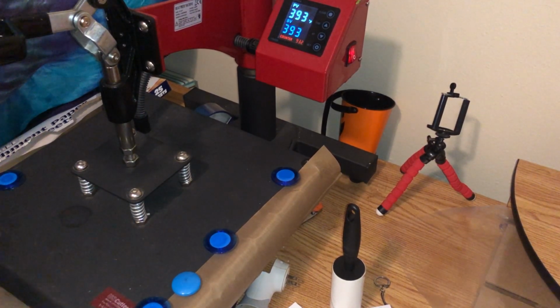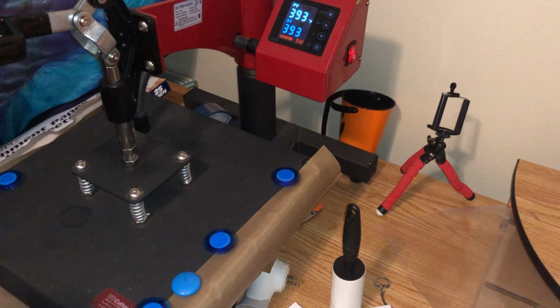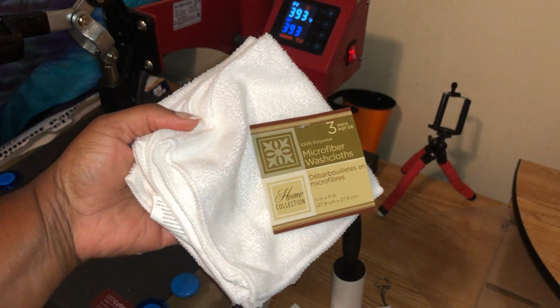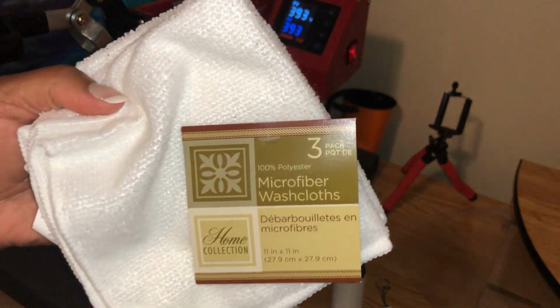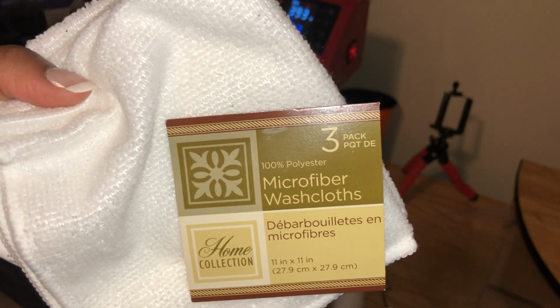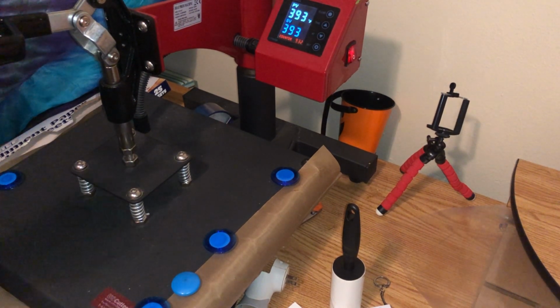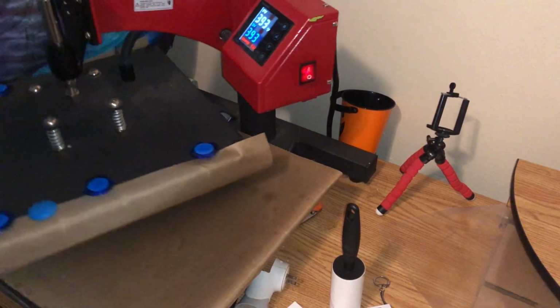So what I wanted to do was to make her a matching notebook and a matching washcloth. These are the washcloths that I'm using. Dollar Tree. They're 100% polyester, if you see right there on the label. They used to come 4 in a pack. Not anymore. The sad thing about it, I'm going to go ahead and open this up and be lint rolling